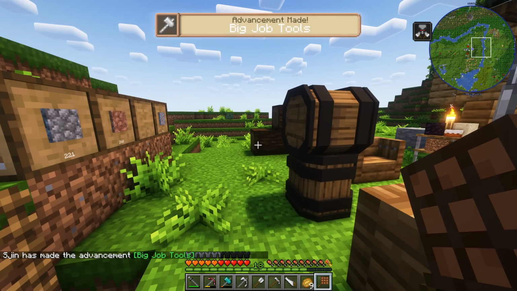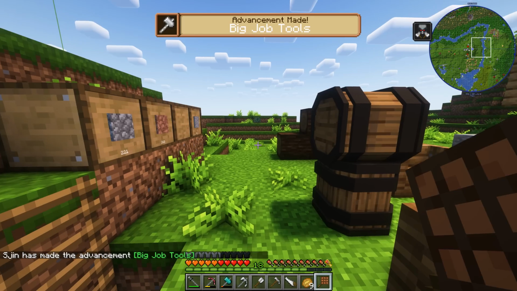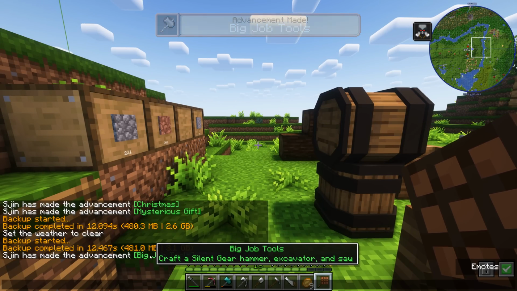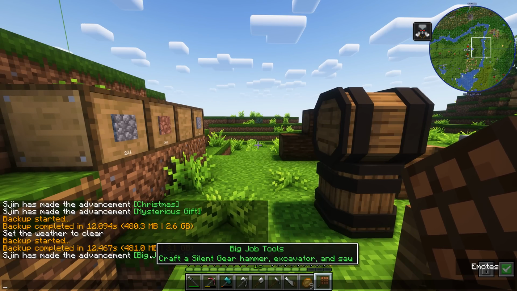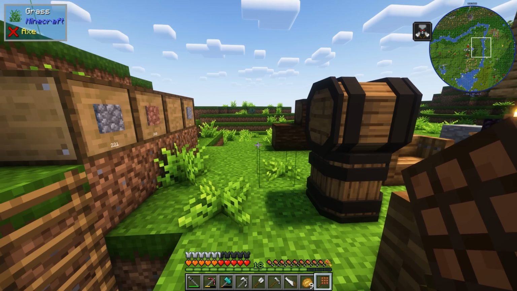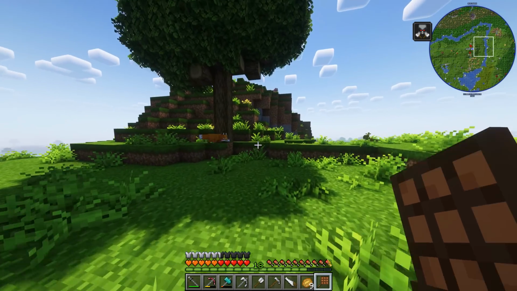Oh, and there we go, big job tools. I guess that's the achievement you get for just making all of the big bad tools. Craft a Silent Gear hammer, excavator, and saw. Yeah, trees, dirt, and stone are no match for me anymore. And this is great because what it means...